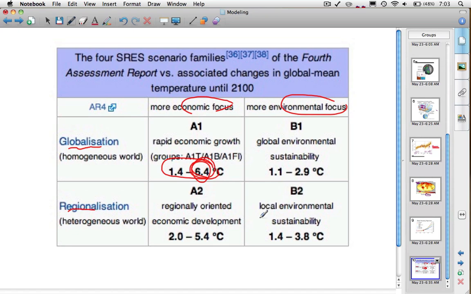So this is a little bit of a background about the science behind these models and also how we can use them for predicting